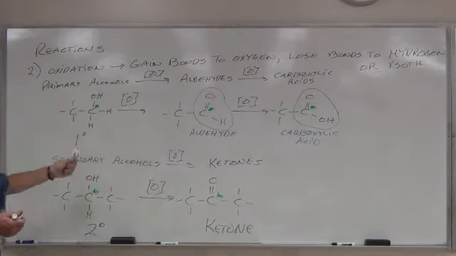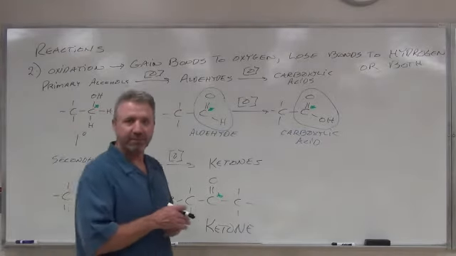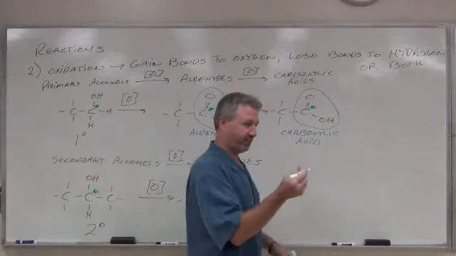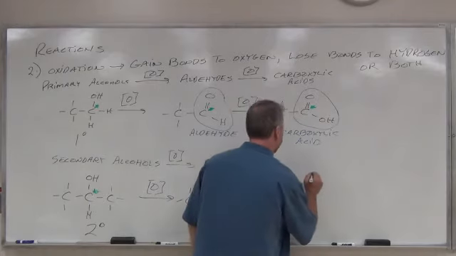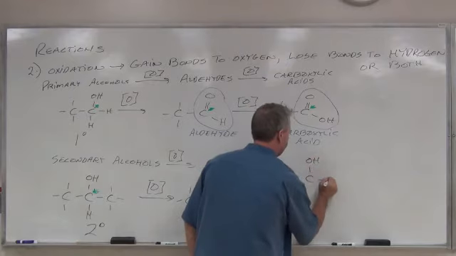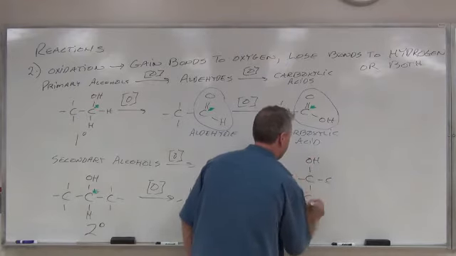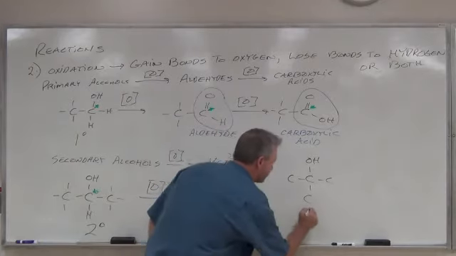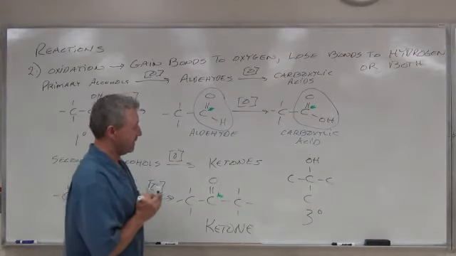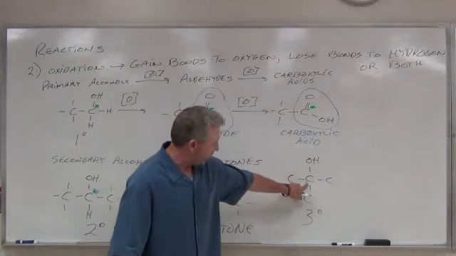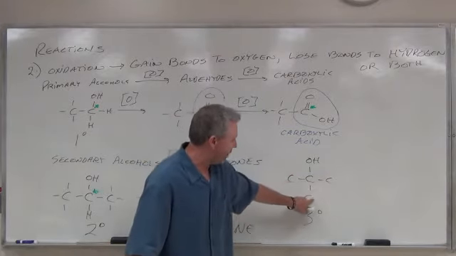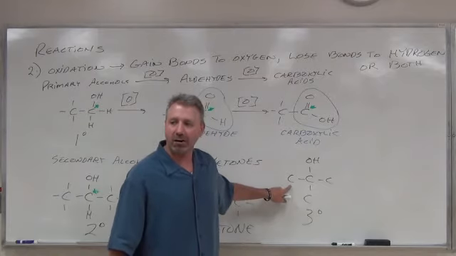Okay, so we did primary alcohol, secondary alcohol. What's left? Tertiary alcohol. This is your favorite. All students love oxidation of tertiary alcohols. In order to have a tertiary alcohol, this is what we need, right? There's our tertiary. So I can put my little lines on there, but I don't want to clutter it. In order for us to have a tertiary alcohol, we must have a carbon containing an OH group, and that carbon must be bound to 3 other carbons.